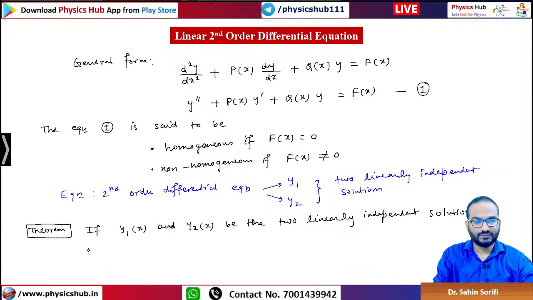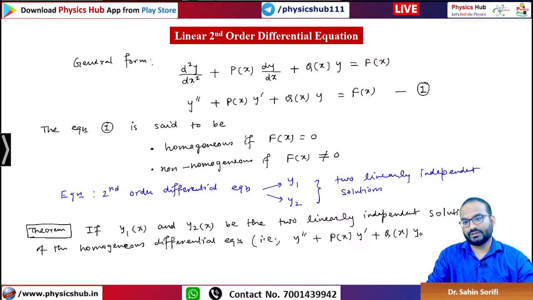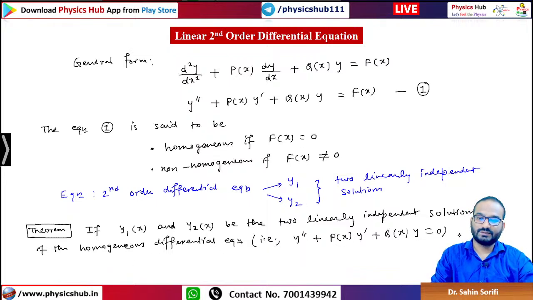Homogeneous means f of x equals 0. For your convenience, you can also write the form: y double prime plus p of x y prime plus q of x into y. Homogeneous I am calling means f of x equals 0. If y1 of x, y2 of x be the two linearly independent solutions of the homogeneous differential equation,